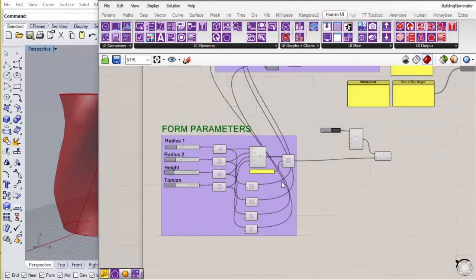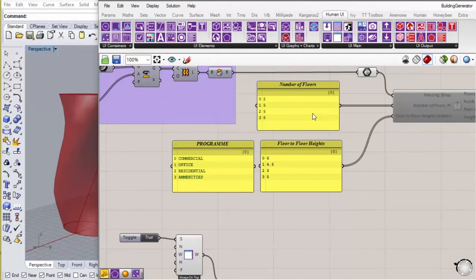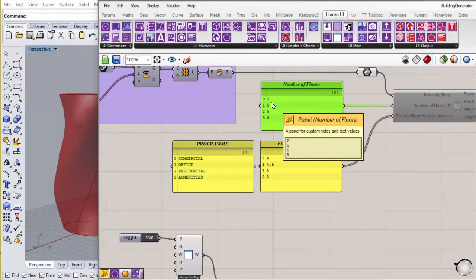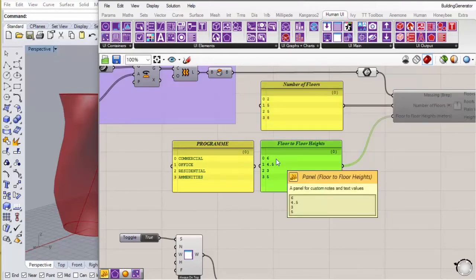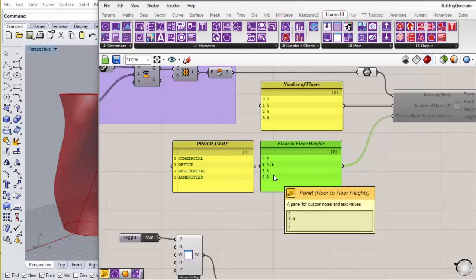There. Now we have the number of floors, which could actually be done nicely using sliders as well, and the floor-to-floor heights. But this we actually want to input manually.